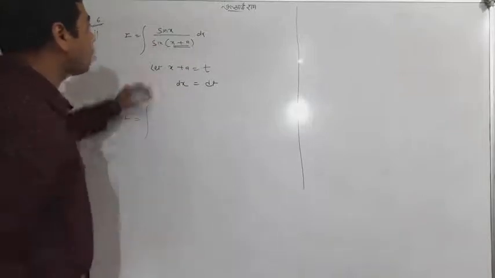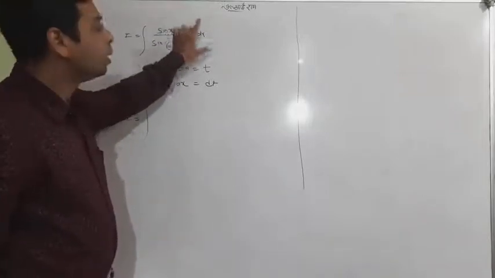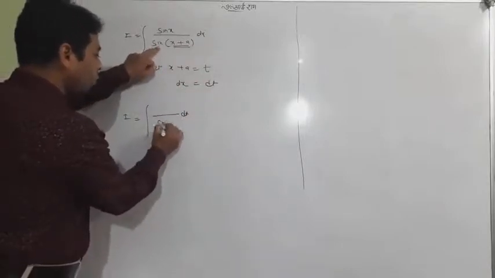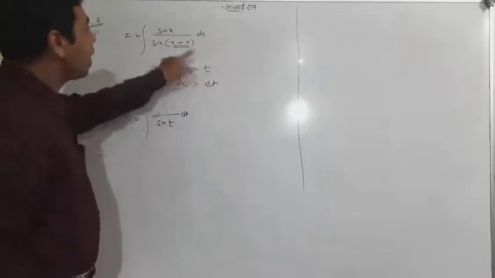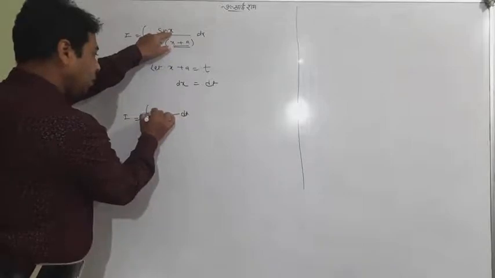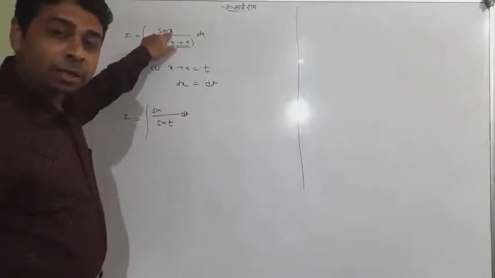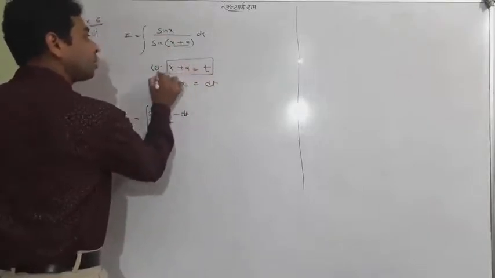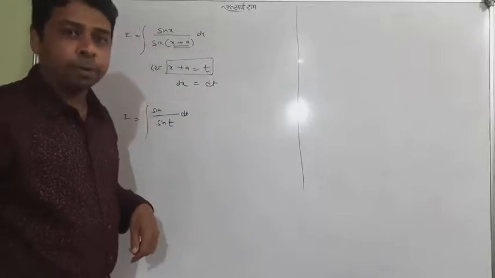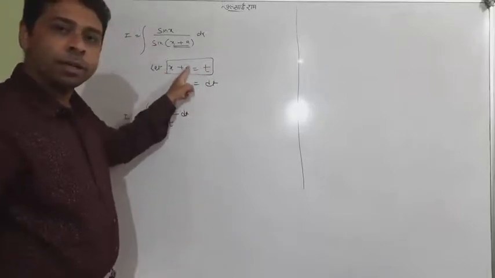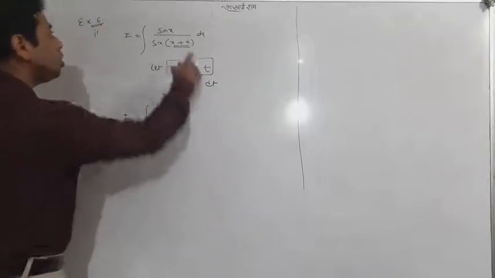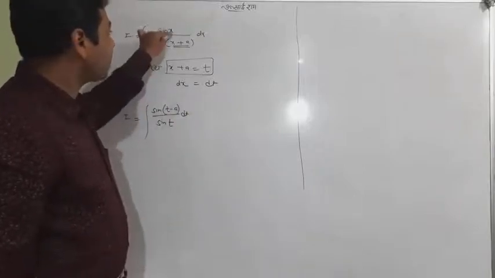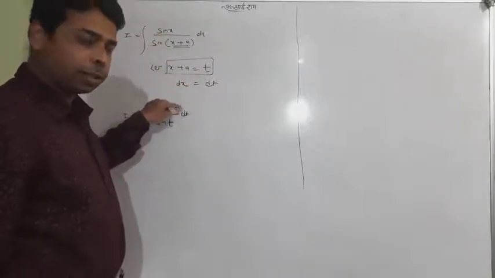Okay, now I will try to turn the whole of the terms into t. So dx is equal to dt. I will write dt upon sine of t. You consider t, and this is sine x. But you don't have to write the term of x because you're changing to t. So take out the value of x from here. x will be t minus a, and put t minus a instead of x. So sine of x is sine of t minus a, upon sine t.